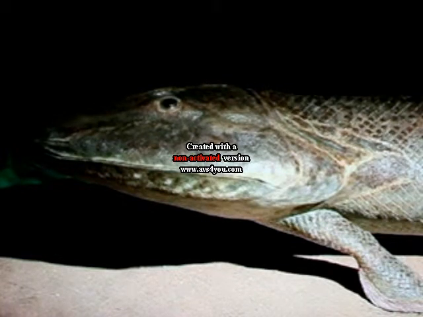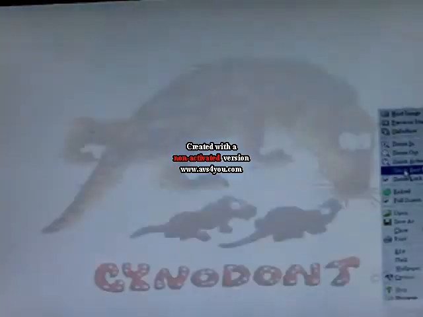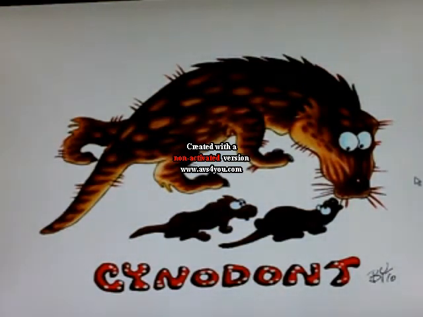Okay, the next very significant creature is called the Cynodon. Cynodon is a unique creature in terms of its placement in the history of evolution, because it represents the missing link between how mammals evolved from being reptiles and ultimately became mammals. Because Cynodon, this creature, is almost like half mammal and half reptile. They represent sort of the